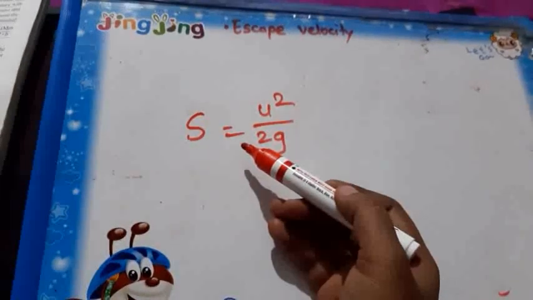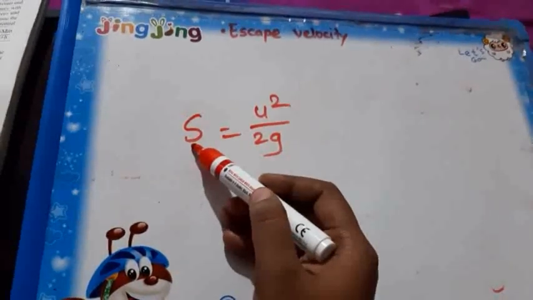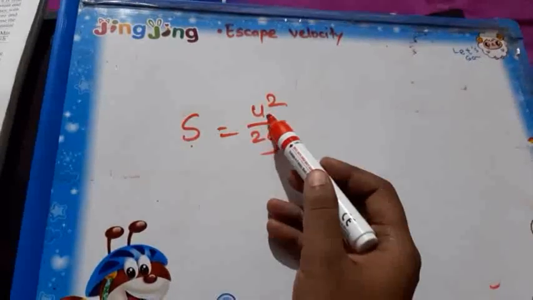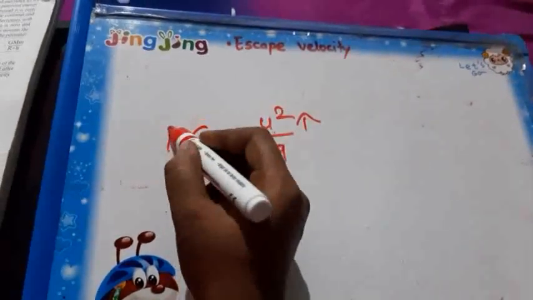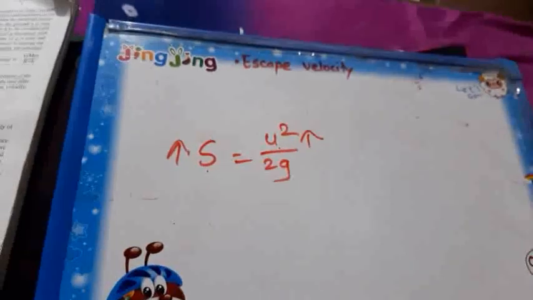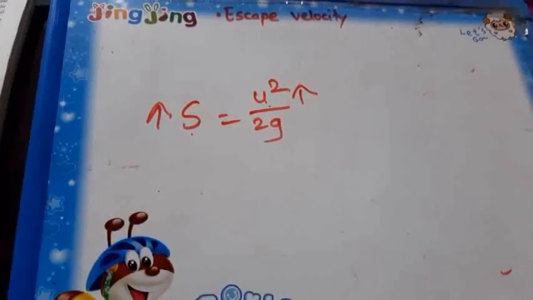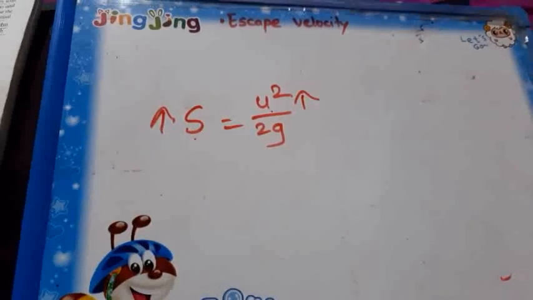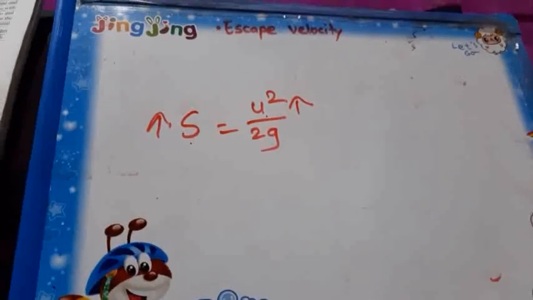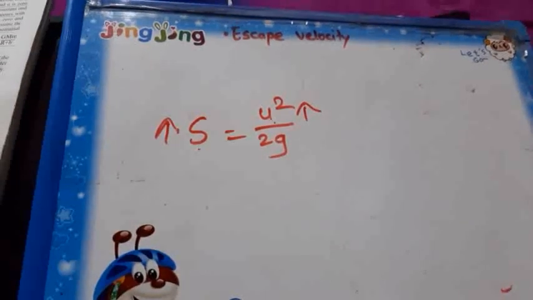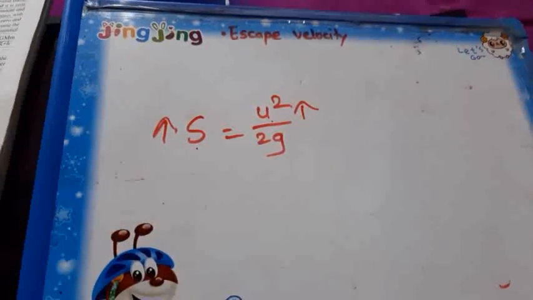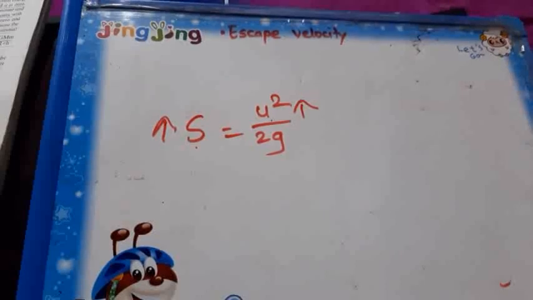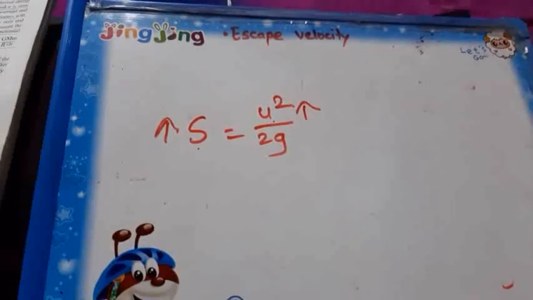So from this formula you can see that the height attained by object is directly proportional to initial velocity. If you increase initial velocity, it will reach higher heights. Thus, higher the initial velocity u, larger is the height reached by ball. The reason for this is that the higher the initial velocity, the ball will oppose the gravity of Earth more, and larger will be the height to which it can reach.